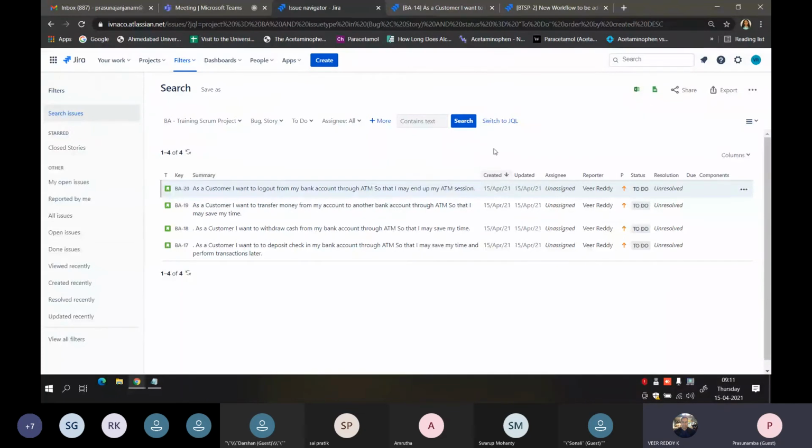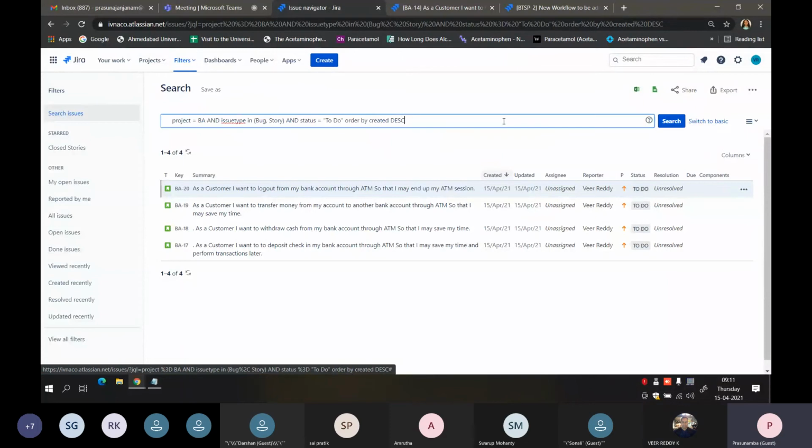And if you are familiar with SQL, you can basically move to JQL also. So this is called JQL. This gives you an option of writing your own code for filtering out the data, similar to SQL.